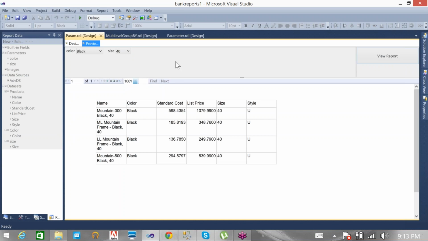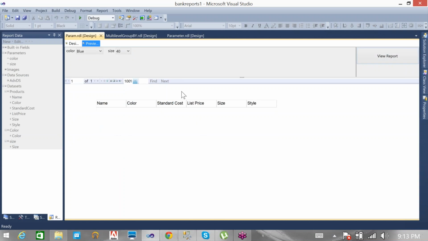Man, do I need to know which color, which size products are there? If black color or red color or blue color 40 size products are not there, why am I getting the 40 number here?